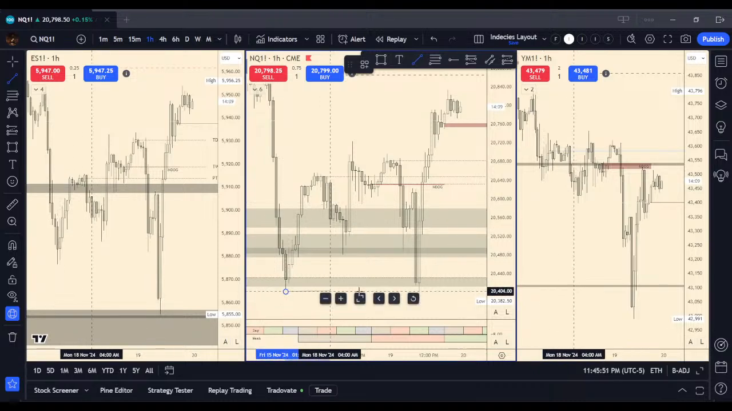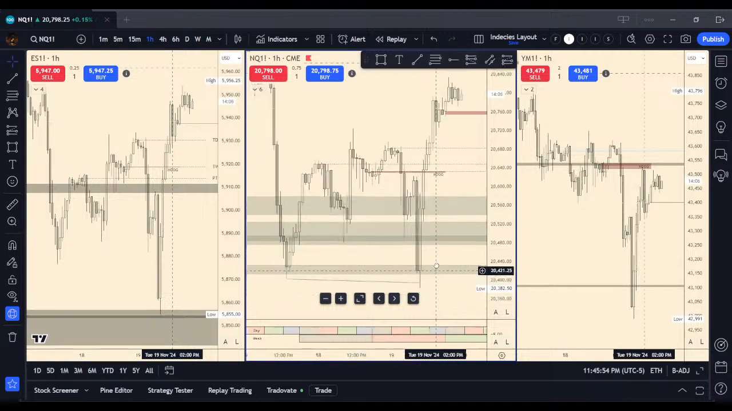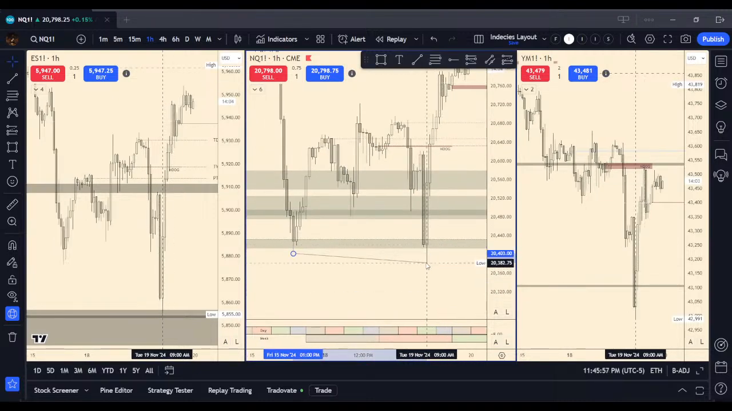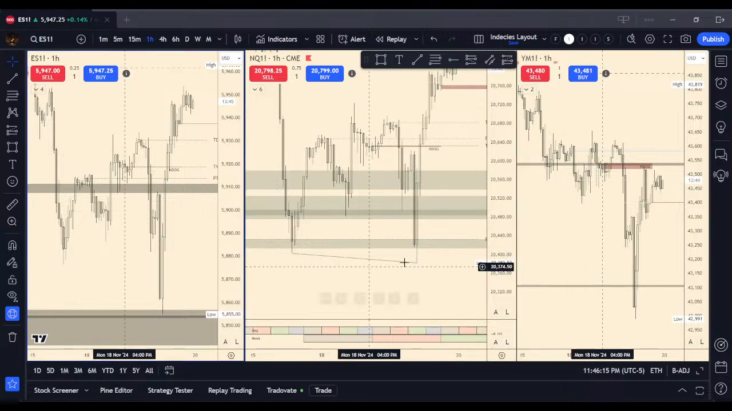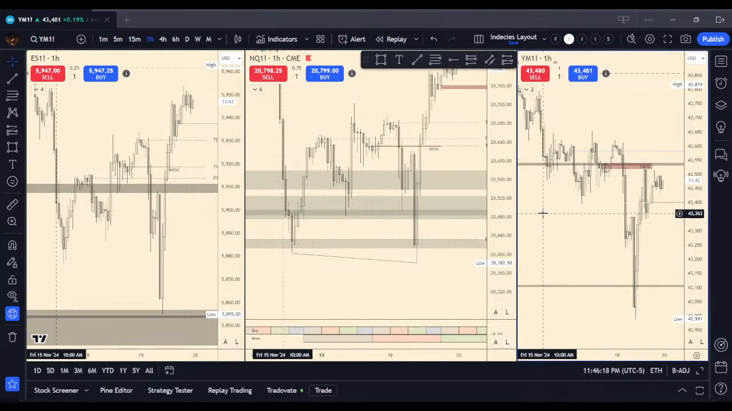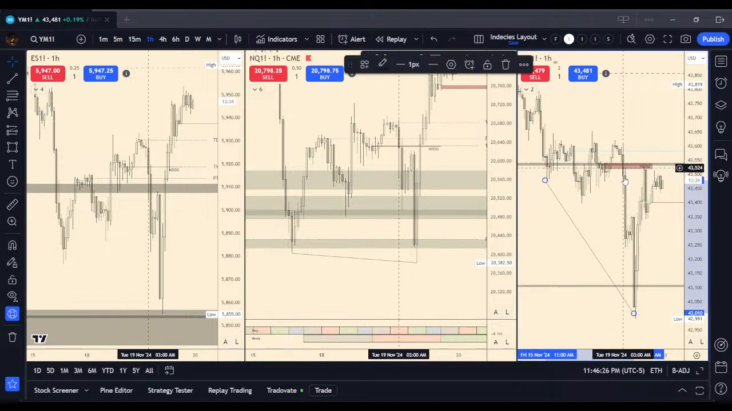So, in my opinion, you could look at this as a type of hidden sequential SMT. And the reason I say that is because this lower low, the wick, was never closed beneath while it was on ES and Q, or on Dow, excuse me. So what you'll see is, on this 6-leg expansion, specifically, it looks like